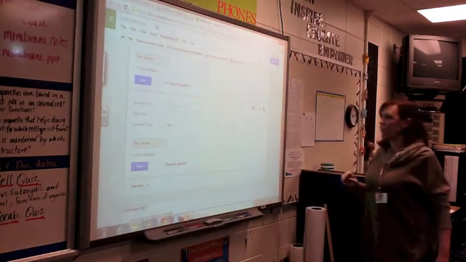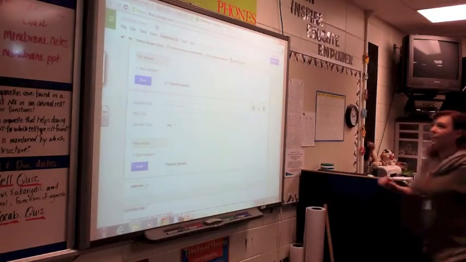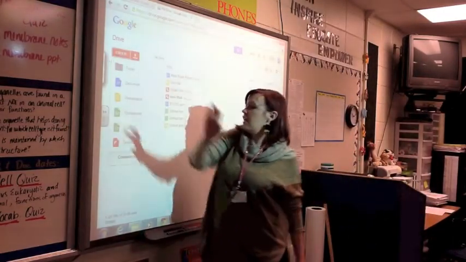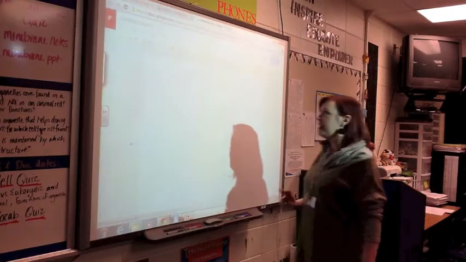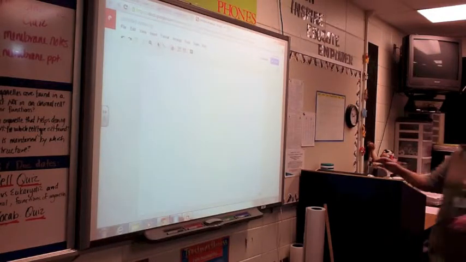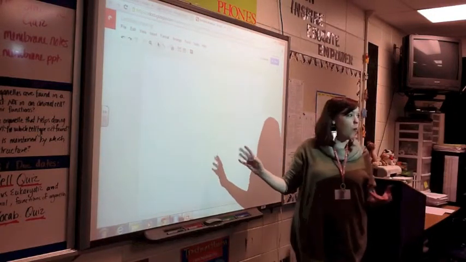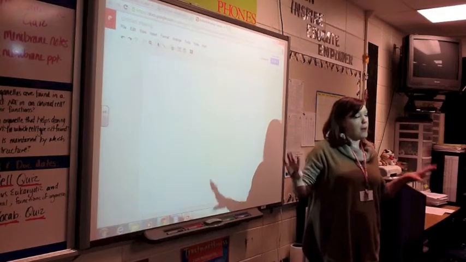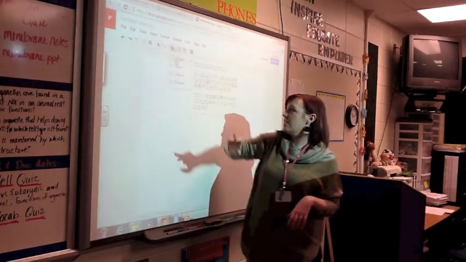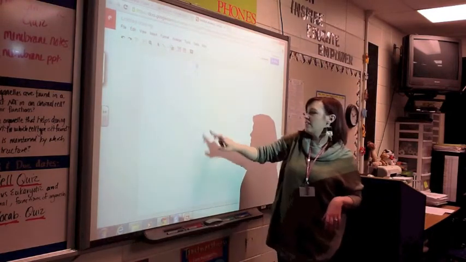It's so much less work for you. All right, and then the other thing that it will do is a Google drawing, and I think these are really cool. There's not really a Microsoft version of this, but it's basically, we used it in RPD to make webs. Like if you wanted to do mind mapping or something like that, they can type into it. But the coolest thing is you can do, if you wanted to start a web,